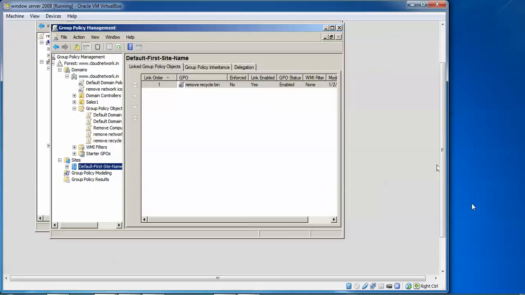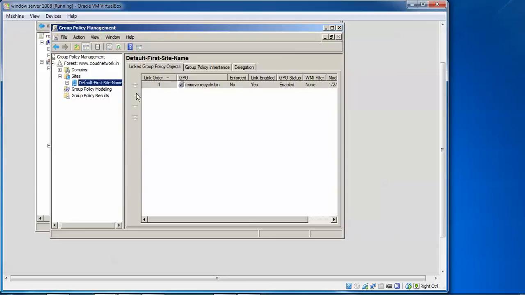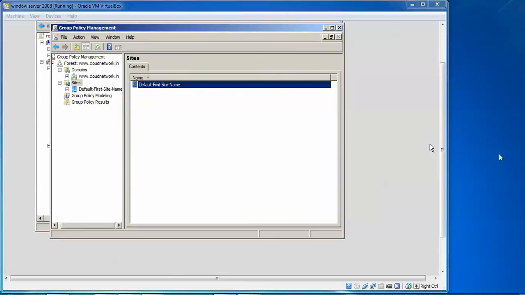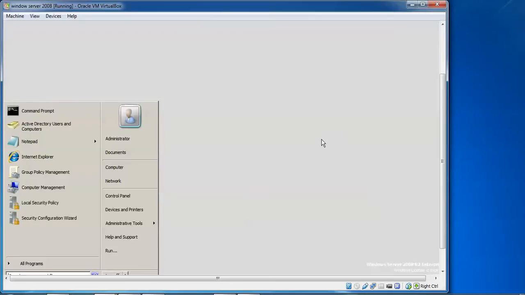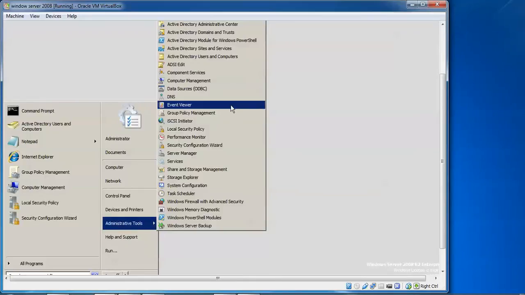So we need to go to Group Policy Management, and click on Manager OU. We need to find Manager OU and expand this one. After that you can log off and log in with any user. You will have the domain recycle bin desktop icon removed. Just click Start, Programs, go to Administrative Tools, Group Policy Management. Here is Group Policy Management.